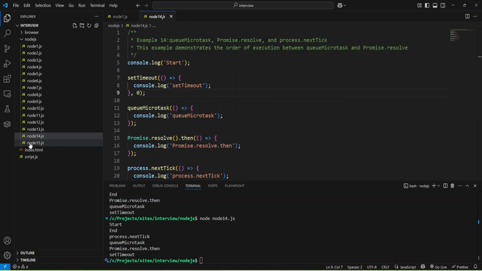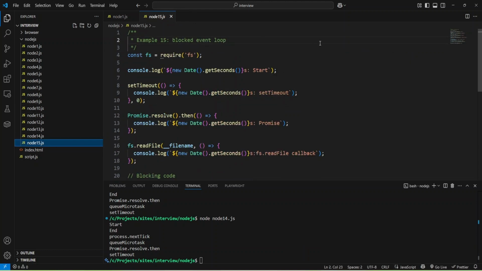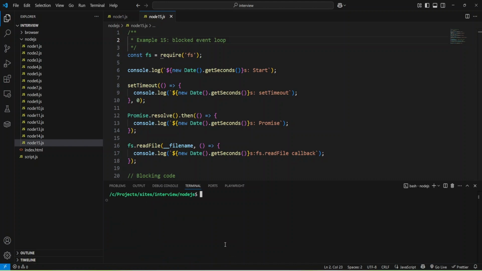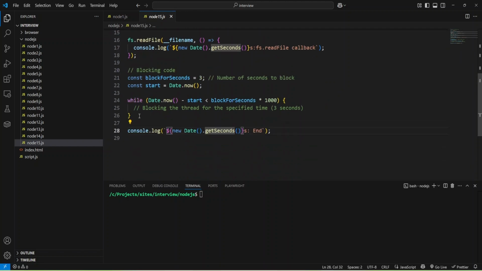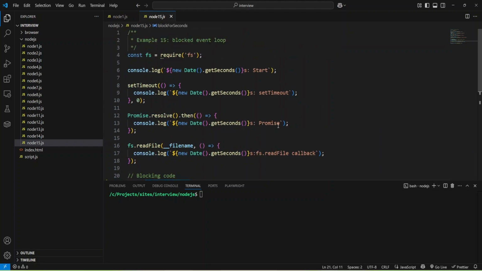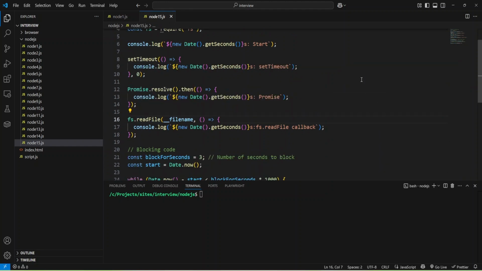Okay, and let's move on to the last task, and it's a task about blocking event loop. I'm going to clear my console, and let's take a look at the code. And as you can see, I use new date and get seconds to track the time, and we have start, we have end, and we have some blocking code at the end of the file, and also before we have the timeout and promise and read file.